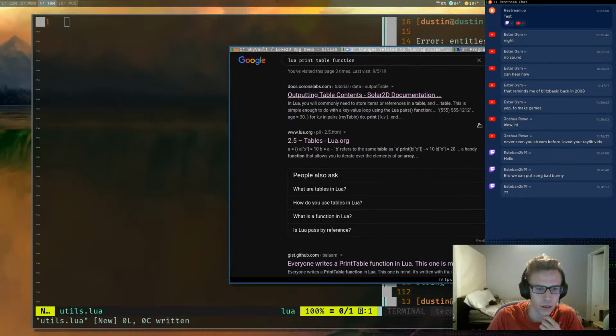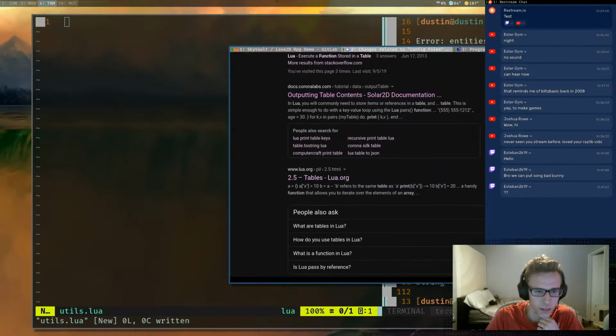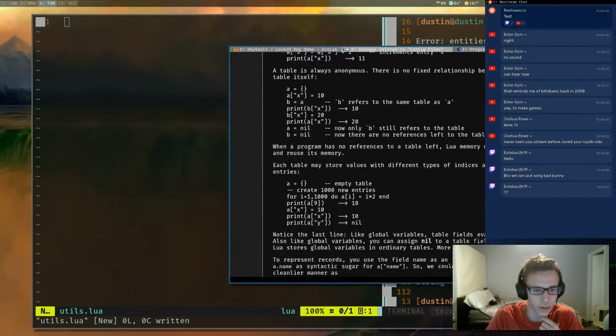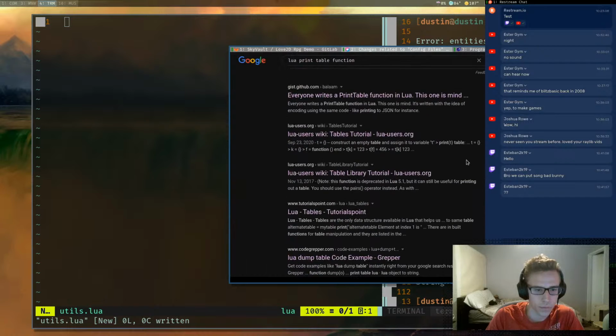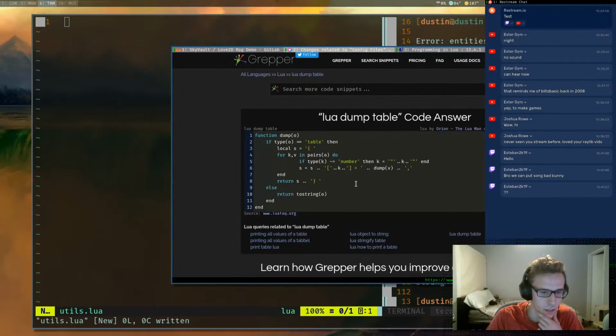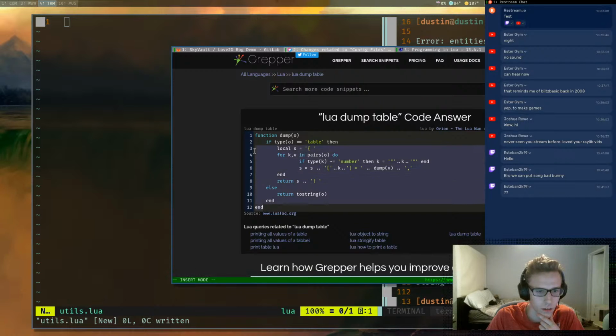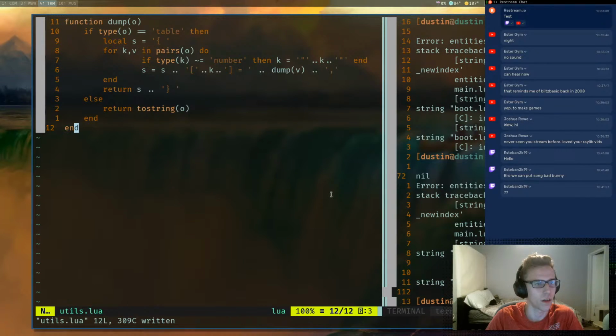There was a really good one that I always copy. I usually edit it, but I think it's got to be in here, right? Maybe this has a good example. Yeah, good enough for me. Doesn't handle meta tables or anything like that, but that's all. It's all right. Let's name that dump,